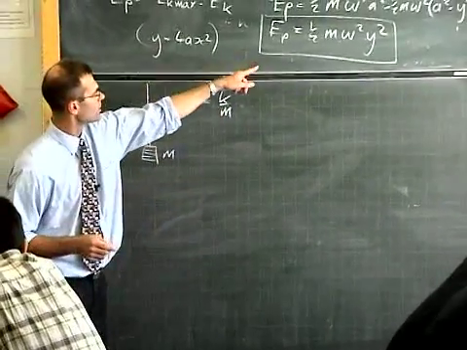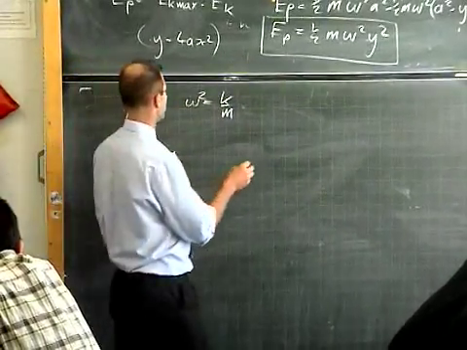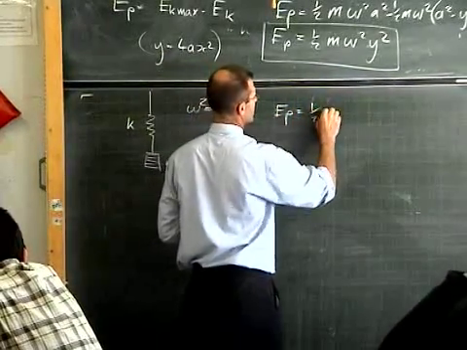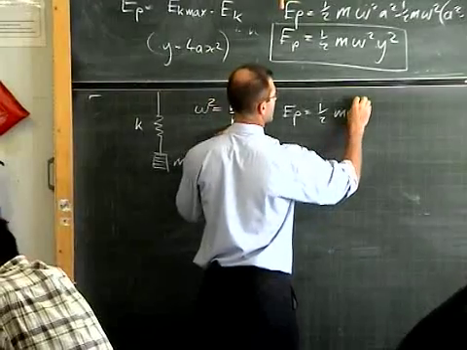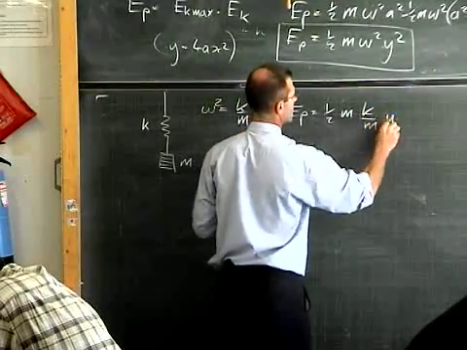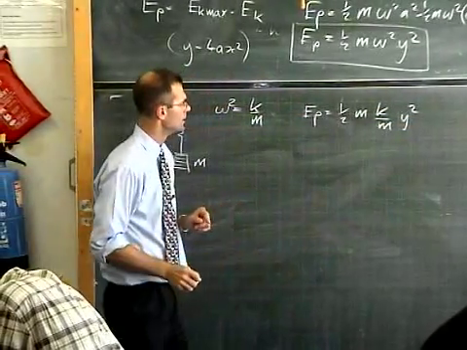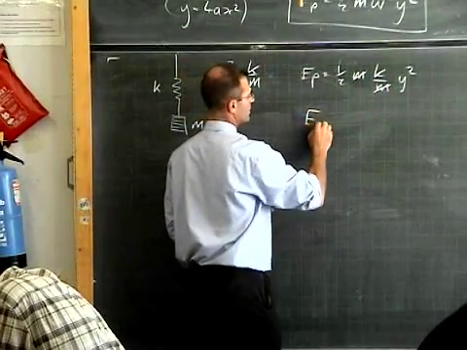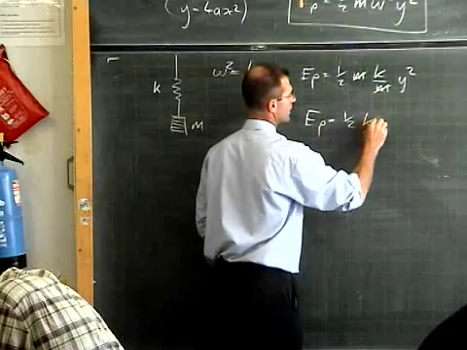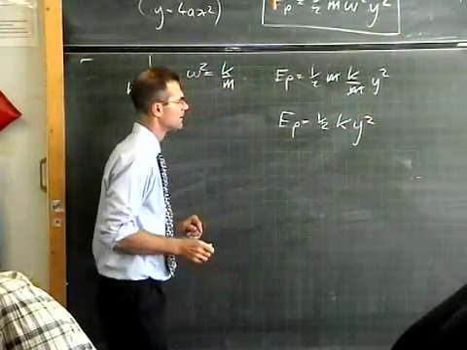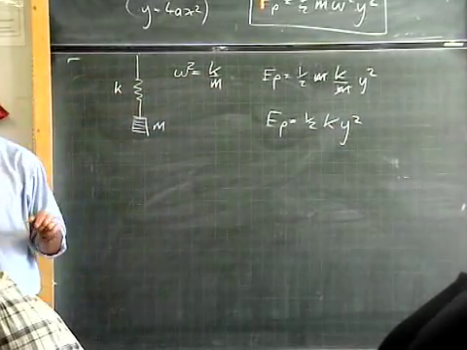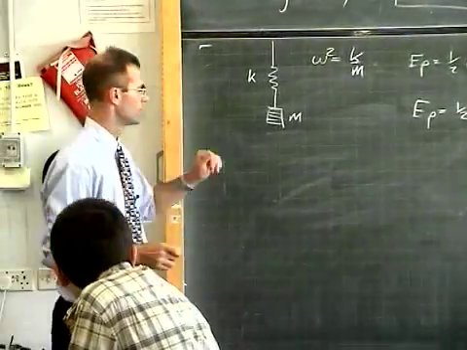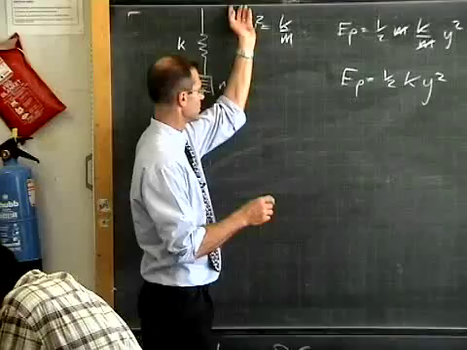If we put that into this equation here, you're going to end up with the potential energy is half m times k over m times y squared. Mass cancels, so the potential energy is equal to half k y squared. And in terms of a spring on a mass, that again is good news, because if you plot